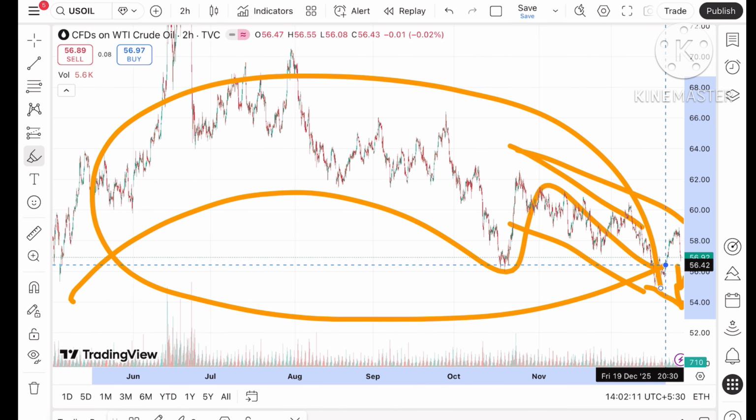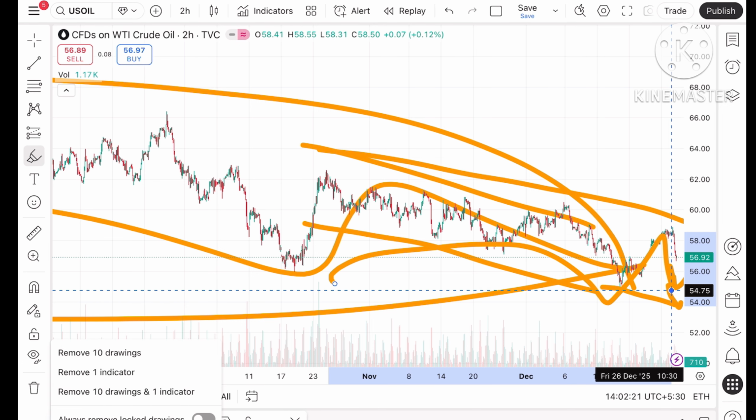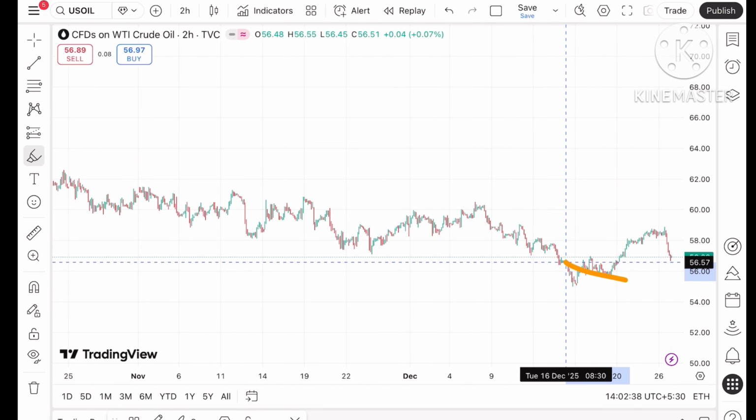Now the smaller pattern is this particular level, so chances are high it can cross a level of 54.75. If you see, the price is now trading at a level of $56.92, and there is a series of steady sessions with positive participation from global traders. This shows confidence returning into the energy market after recent elevated activity and a solid adjustment from prior ranges.